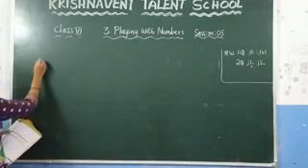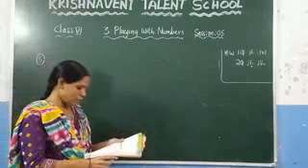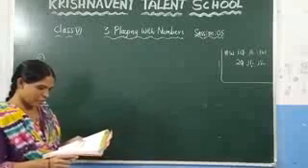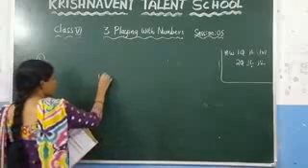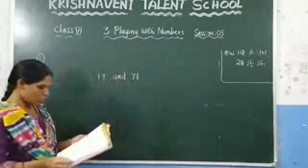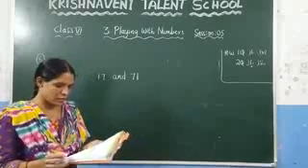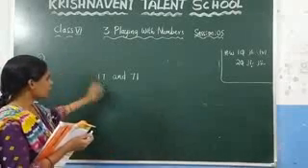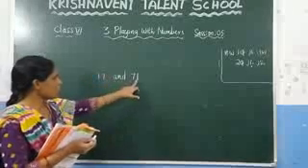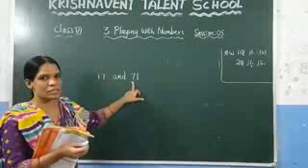Fifth question, you can do it as homework. I will just explain. Here, they have given that the numbers 17 and 71 are prime numbers. You know that those are prime numbers. Both these numbers have the same digits, 1 and 7. Here you can observe that it has the same digit 1. It also contains the same digit 7.